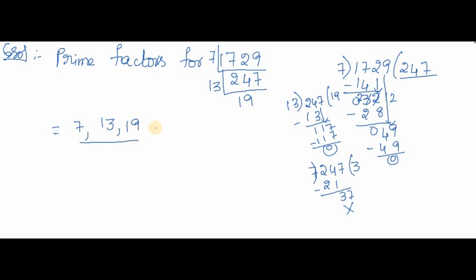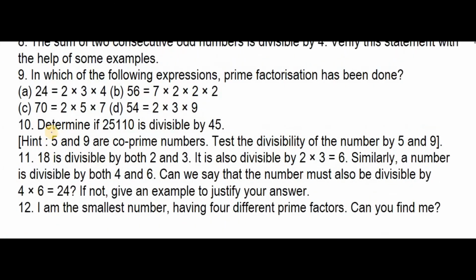Okay friends, and what he asked in the question is whether there is any relation between prime factors. Of course the relation is 13 and 19 are prime numbers between less than 20. That is the only relation we can find here. And he asked us to arrange all the factors in ascending order. Of course, I arranged them already in ascending order. Okay friends, and shall we move on to the next question now?